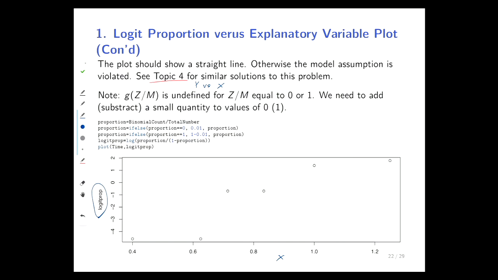So firstly, you need to compute the proportion. The proportion is the binomial count divided by the total number. Secondly, recall that g(z/m) equals the log of (z/m) divided by (1 minus z/m), because g is the logit function. And for this kind of function, the value inside the log function cannot be negative,